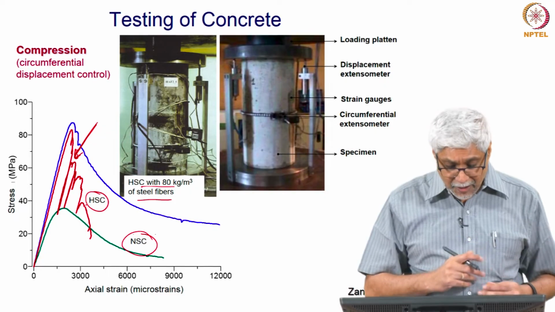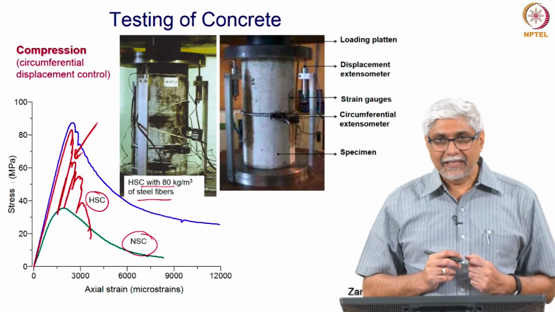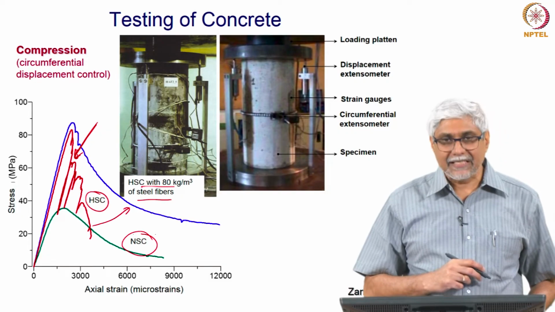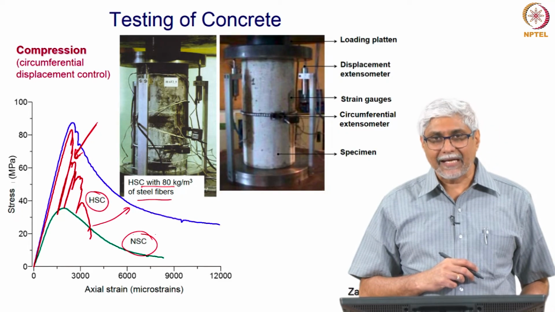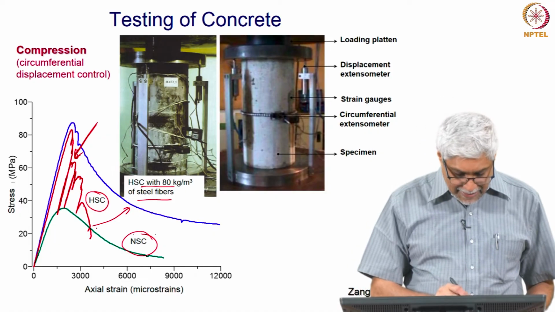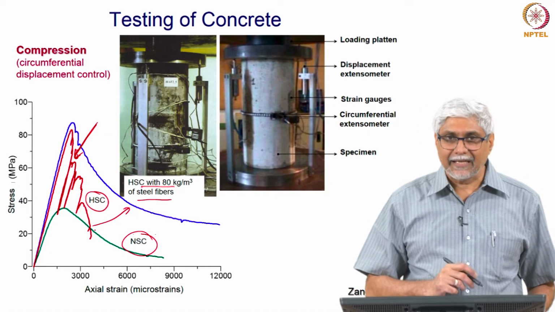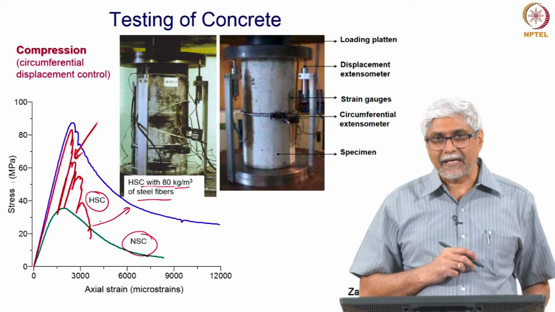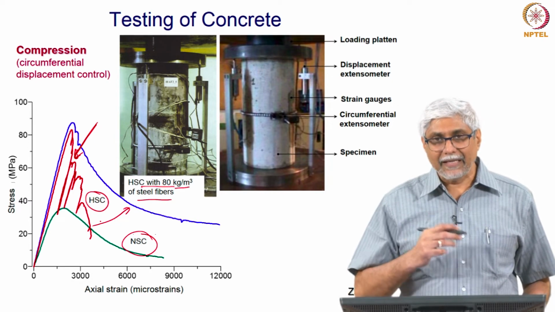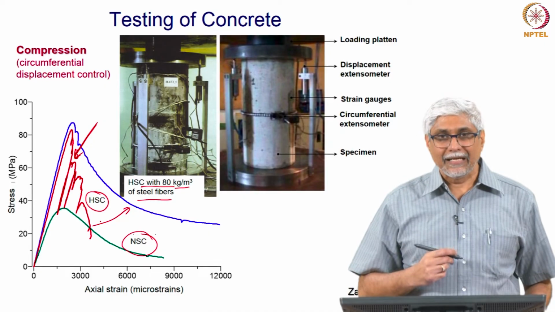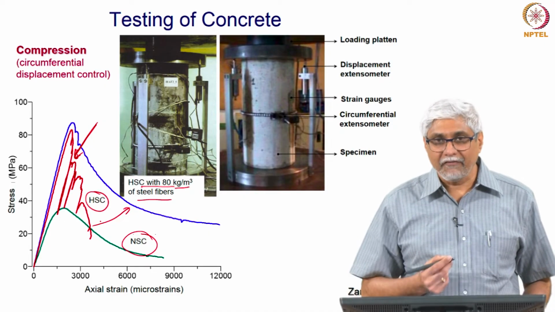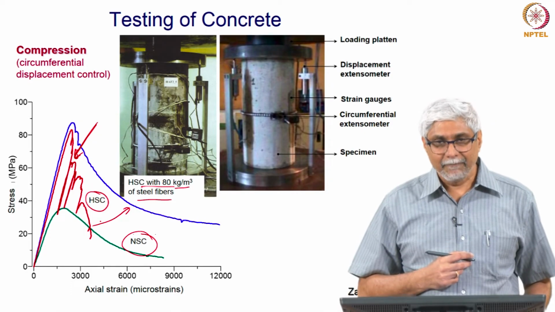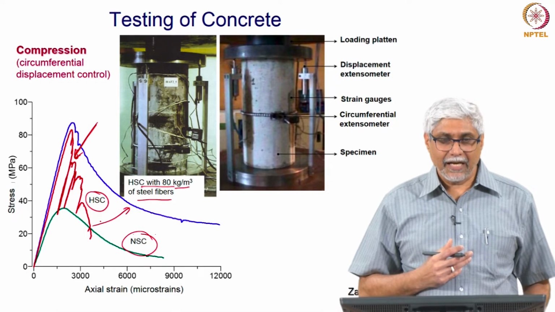And here we see also an advantage of understanding this. We have shown, for example, that the same concrete can change its post peak behavior significantly by adding fibers. This is the same concrete, the blue line is the same as the red line, but this has 80 kilograms of steel fibers, whereas the red one does not. So, by measuring this we can also engineer the concrete, we can modify the concrete so that it does not behave in such a brittle manner, and for this we have to measure it.